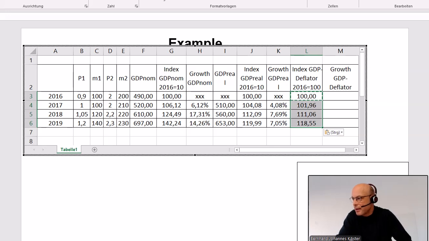But then again, applying this definition in every year, we get the other numbers by copying this. And then we want to know, well, here we have a nominal growth rate of 66.12%. How much of this is due to the price effect? This would be the development of our price index. Again, just calculating the rate of change of our price index means we can copy these formulas and put them here on the right.